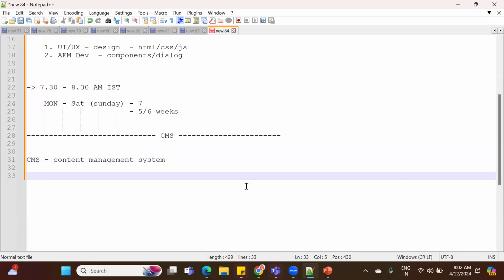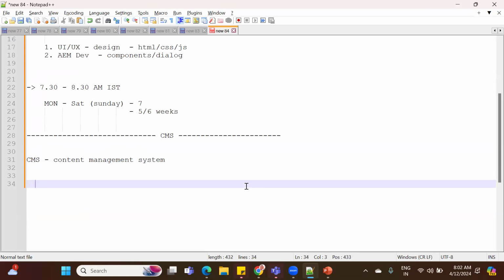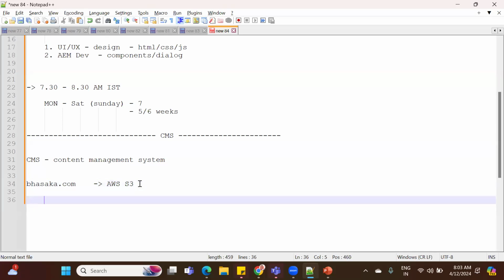I'll give a small example where exactly a CMS is required. For example, let's take my website, baska.com. This is one static website deployed into AWS S3 servers. This is a completely static website. We have pre-implemented some HTML files, CSS files, and JavaScript, and deployed them directly into an S3 bucket and routed to one domain, the baska.com domain. The drawback with this implementation is, whenever it is required to make changes in the content,